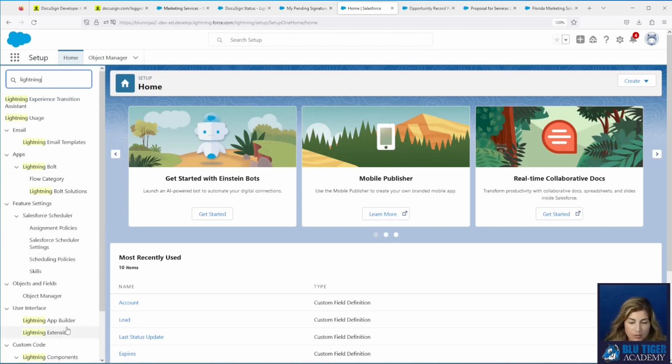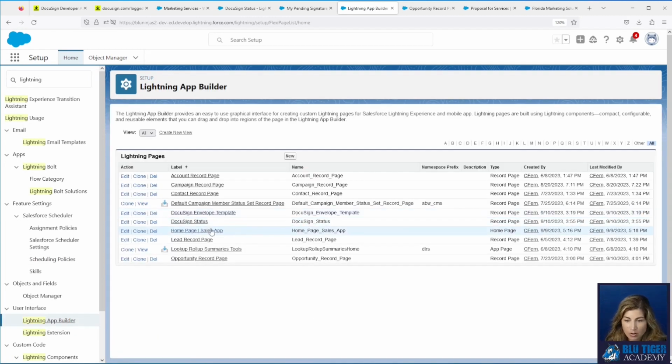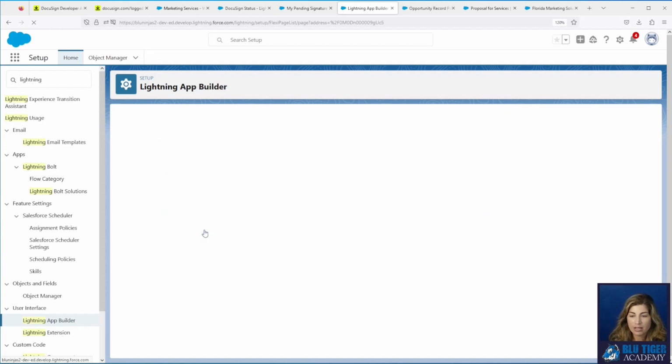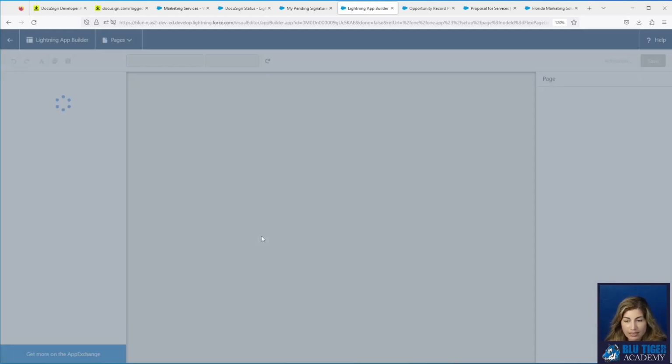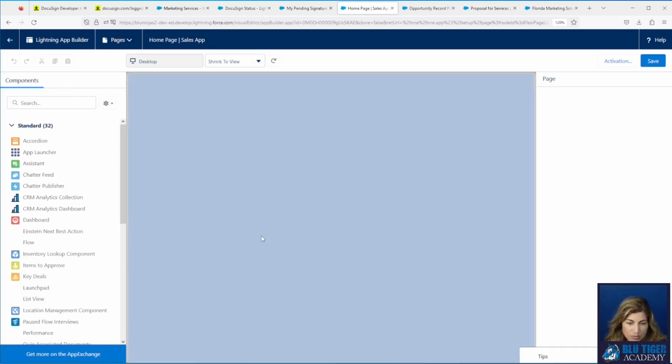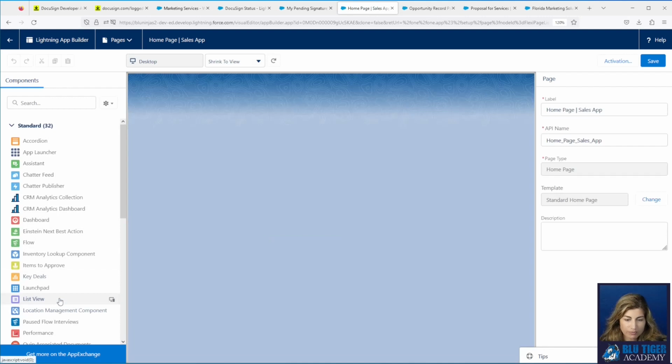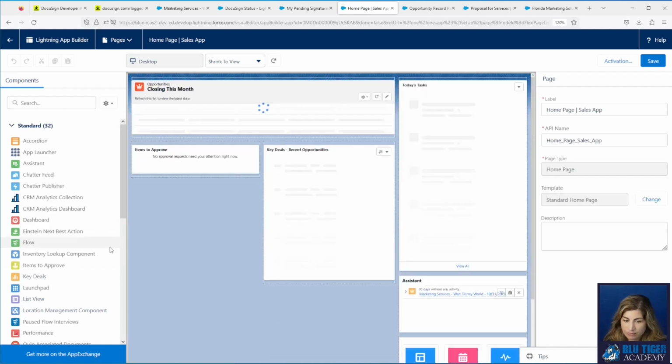They don't want to have to go digging for their DocuSign status tab. It'd be nice if we just added these list views to their homepage. So we have a homepage for our sales app, which is assigned to our sales users. And then we can add these list views if they want. We would check with them first, of course.